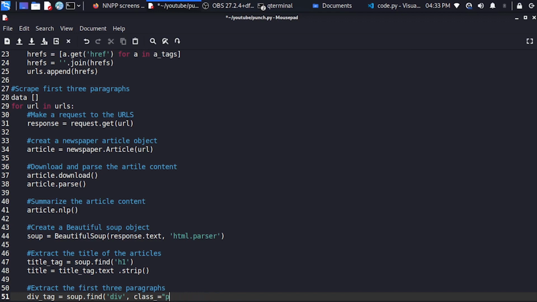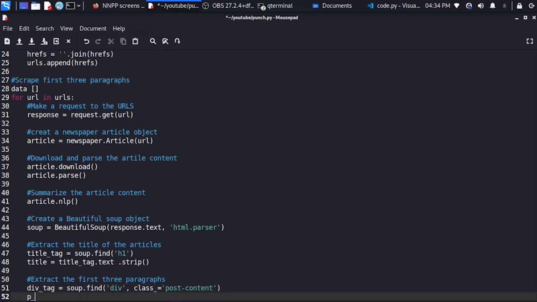So I just prefer to use the single quotes, post content, so I can close my tag. So the p tags equals to div underscore tags dot find